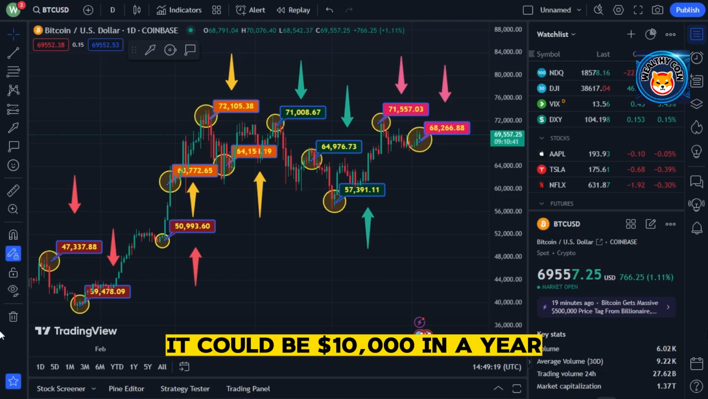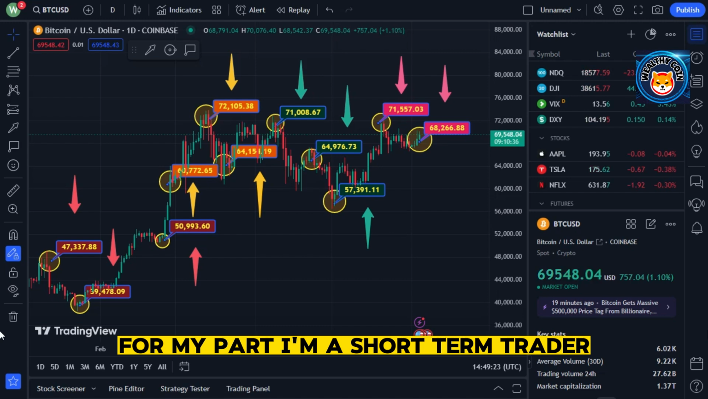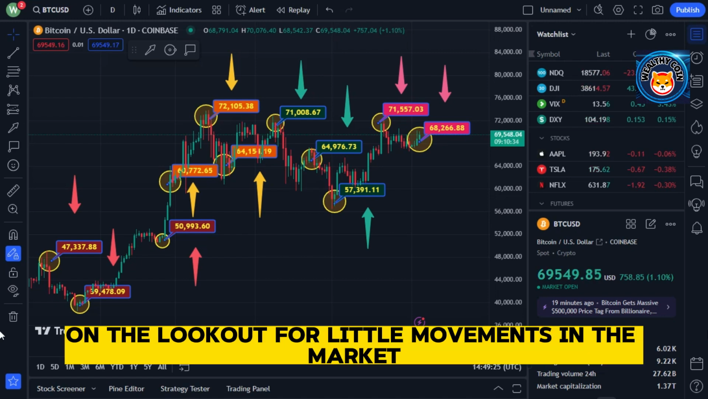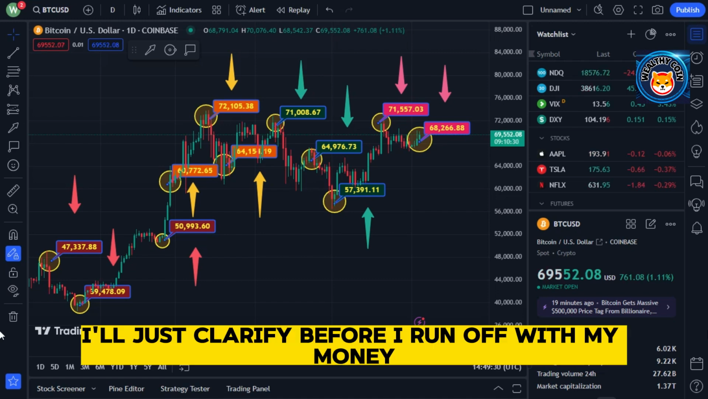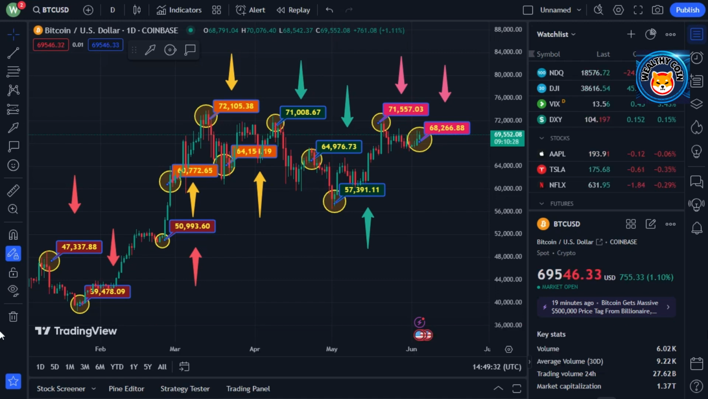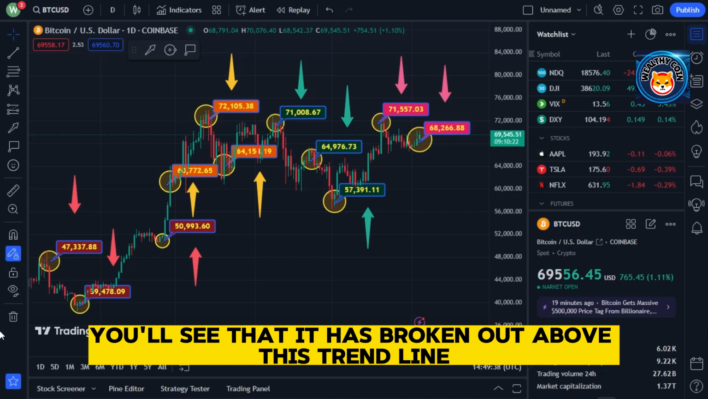It could be $10,000 in a year, 2 years from now, but I don't know for sure. For my part, I'm a short-term trader on the lookout for little movements in the market. So that I don't receive any hate mail from Ethereum supporters, I'll just clarify before I run off with my money. I understand. If you look at the gold chart, you'll see that it has broken out above this trend